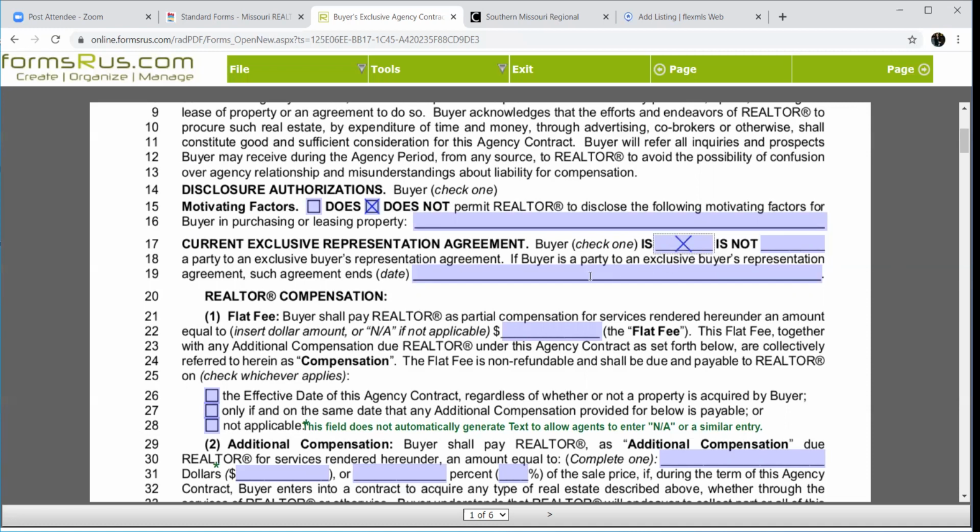You would check "is," and you would put the expiration date of my particular listing or my particular buyer's agreement. So if we had, in this example, we're just going to say it's the end of January. Most often, guys, it's going to be "is not," and this won't be a factor. But if somebody calls you and they need to call you, you can't cross the sign and call them. But if somebody calls you and says, hey, I want to work with you whenever my agreement expires, you can absolutely go talk to them and just check this "is" button and do this.